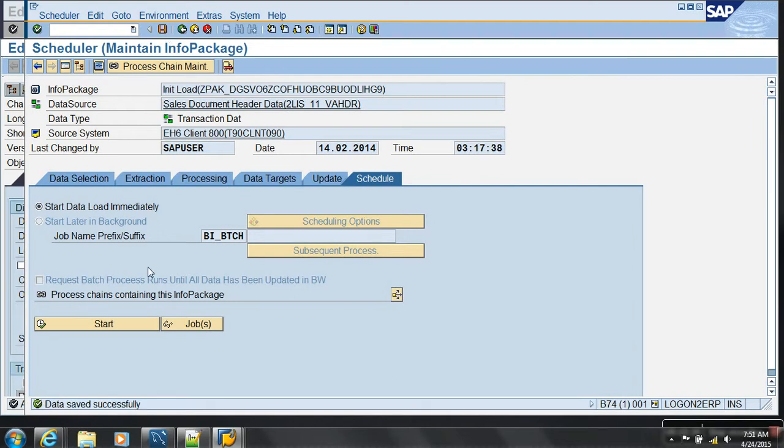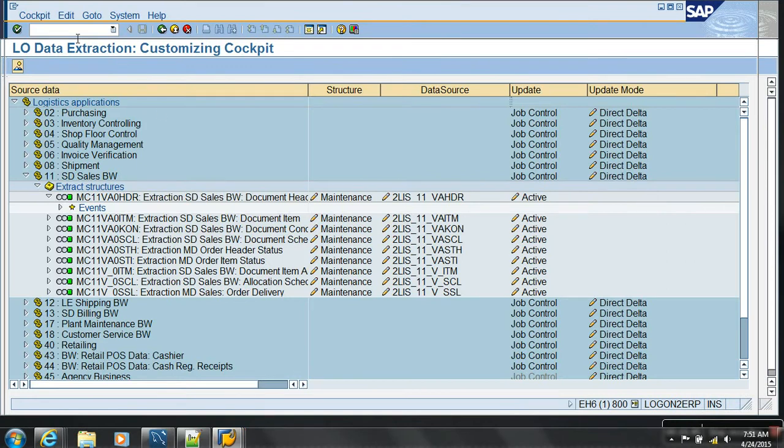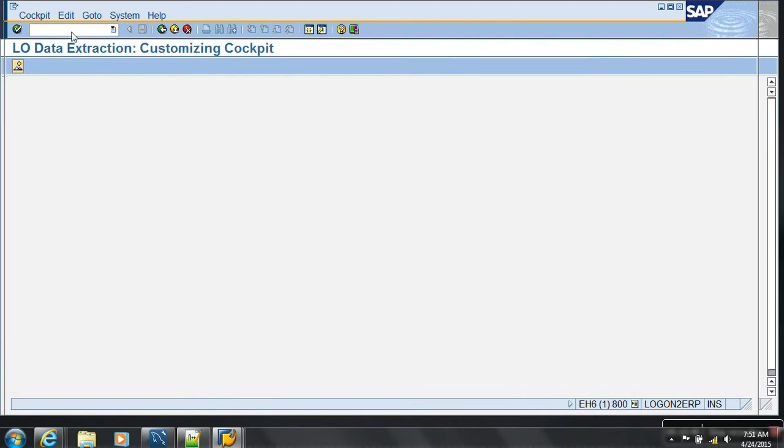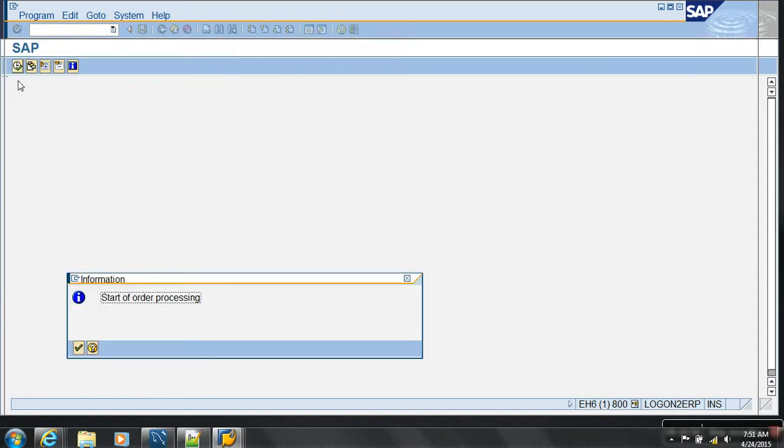Before you run init or full, I should go back to the R3 system. Go to this T code OLI7BW. Just give some name here and give some future date. Say execute. What is this? Basically, we are running something called